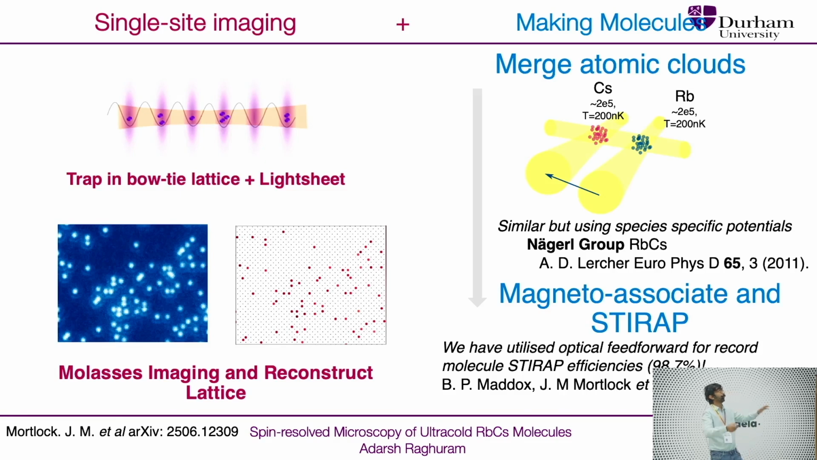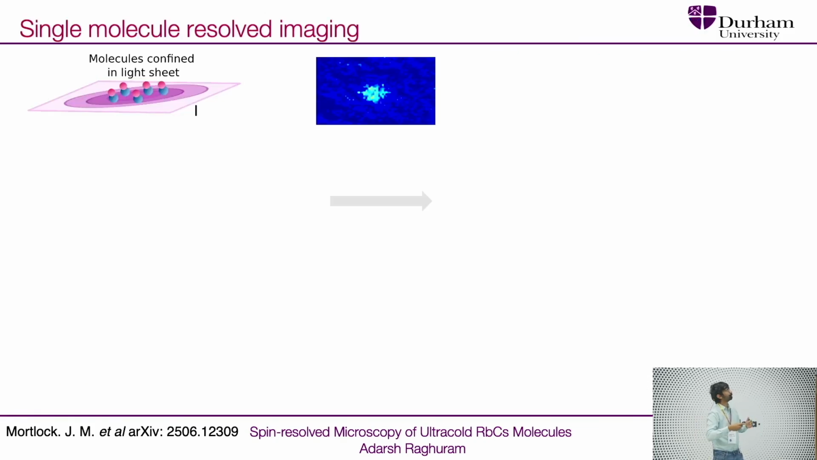Anyway, now that we've got both bits of this initial stuff set up, we've combined them and try to get single molecule resolved imaging in our lattice. So the first step is we make our molecules and then load them into the light sheet and confine them there. So we have about 1,500 molecules of rubidium cesium, and I think for the last 10 years, Simon's been